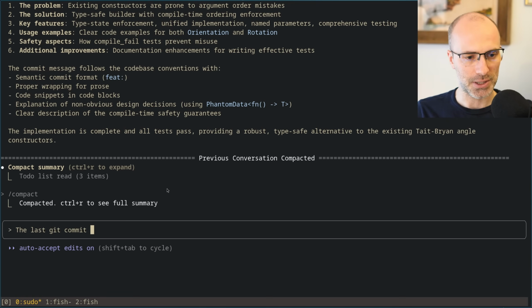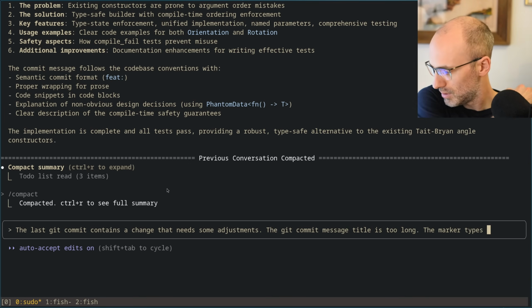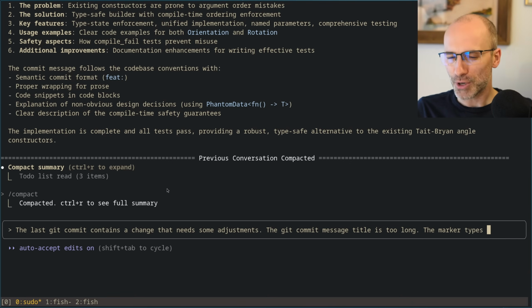The last git commit contains a change that needs some adjustments. The git commit message title is too long. The marker types. I wonder if I need to say which marker types. I think I'm just going to say the new marker types and see if it understands.